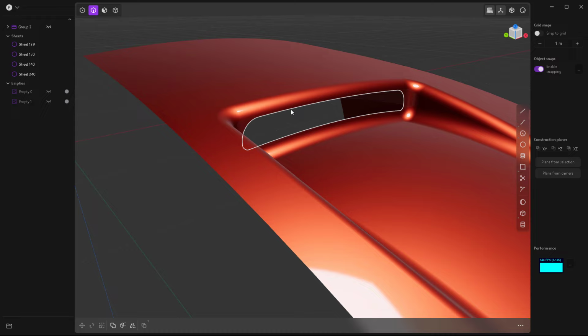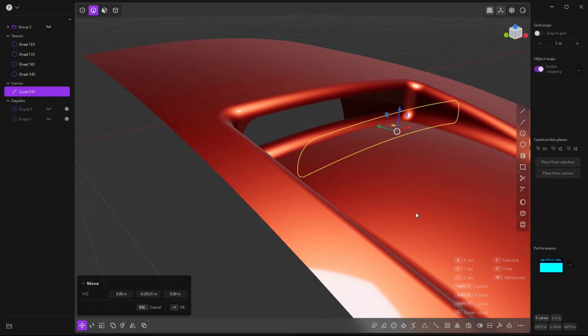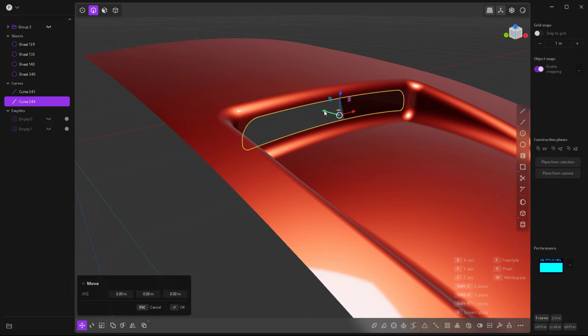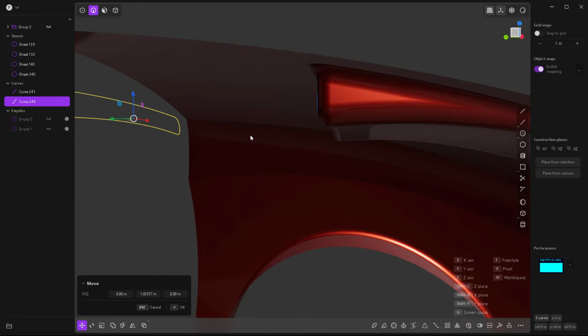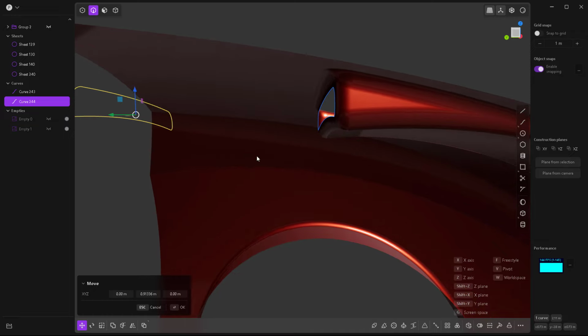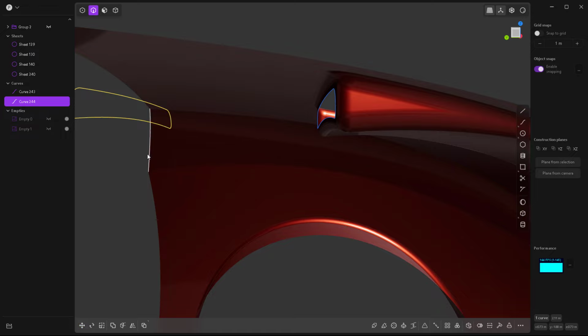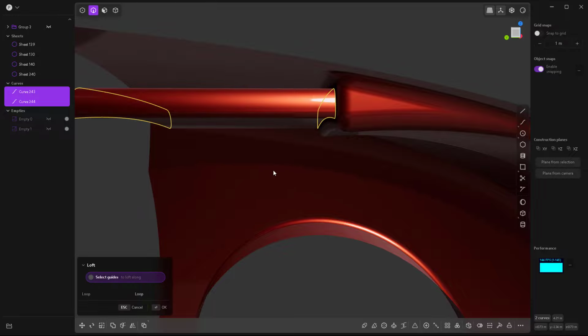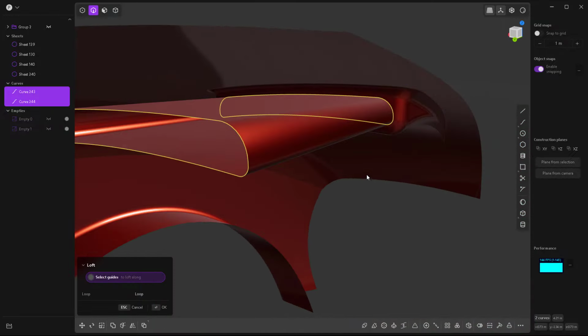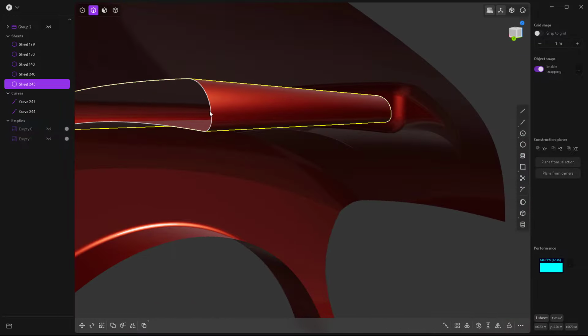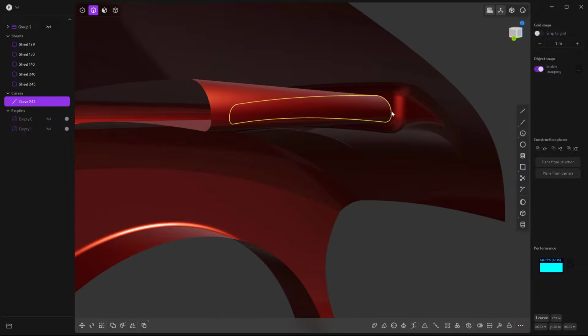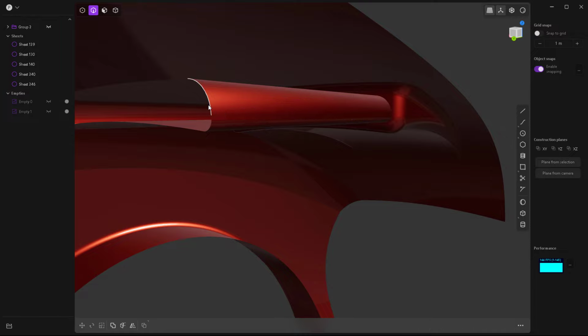Okay, now you can hit Shift D twice, Shift D once again, and just push it back inside the hood, just like this. Right click to commit and select the curve, this curve right here, and hit L. Okay, so you'll get something like this one right here. And now you can delete both curves and select this loop right here,